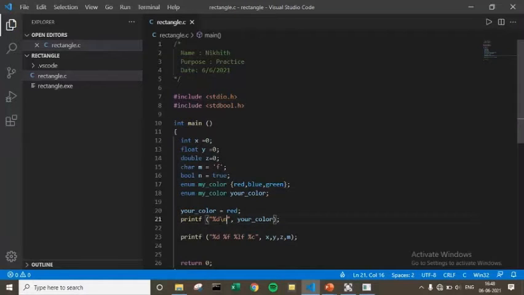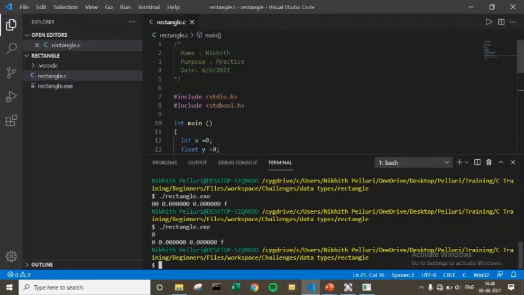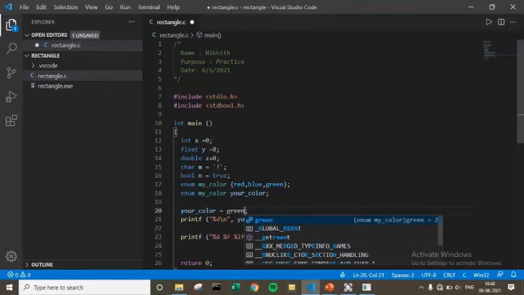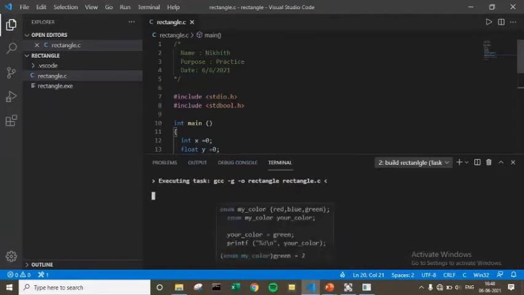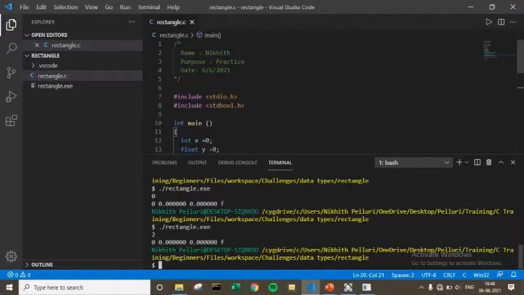Zero, you saw 0, and if I try to assign green, two.